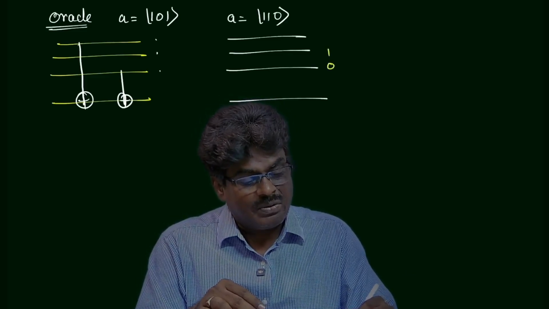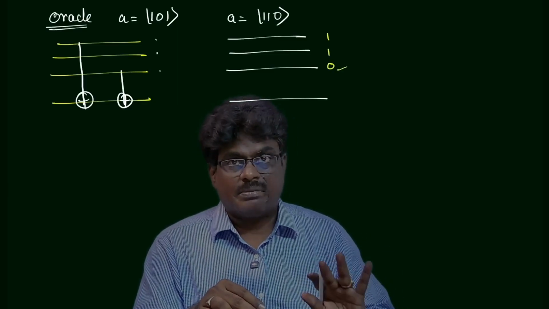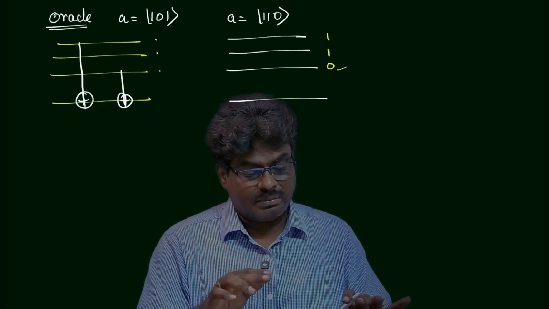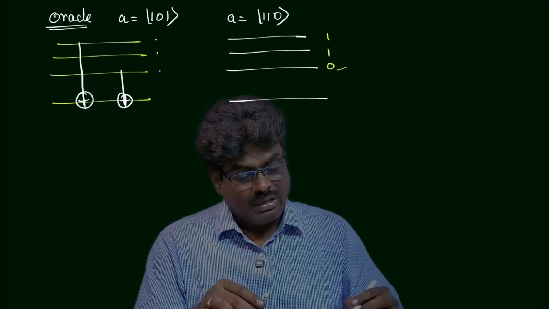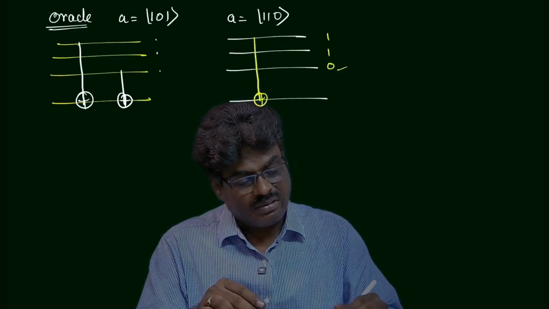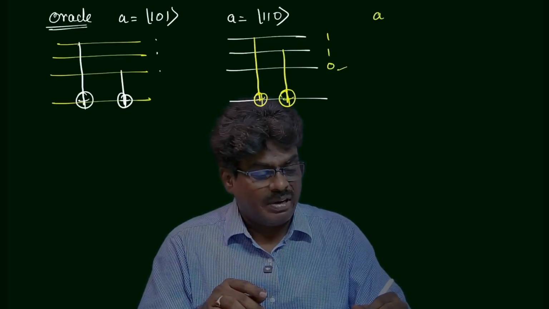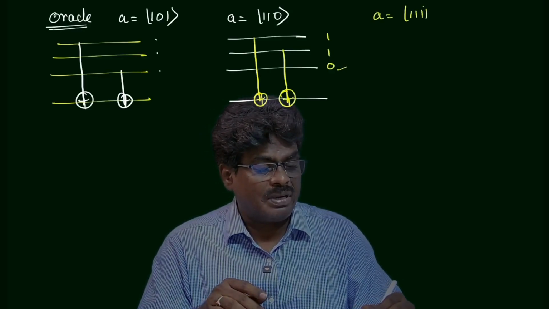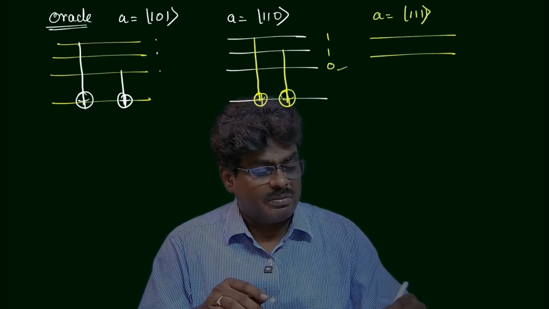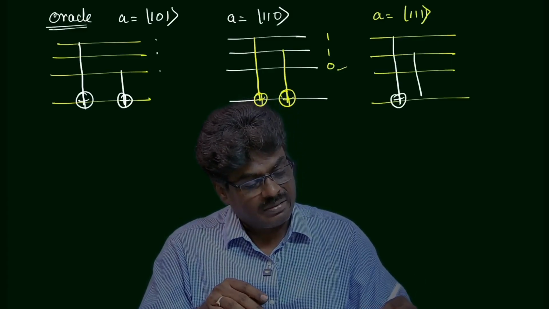Careful, 011, because this is the LSB in my decimal state notation and everything. So that's why here it is a 1, and here 1, here 0, that's why no C naught. And if you have a equal to 111, I hope now you understand. This is nothing but,